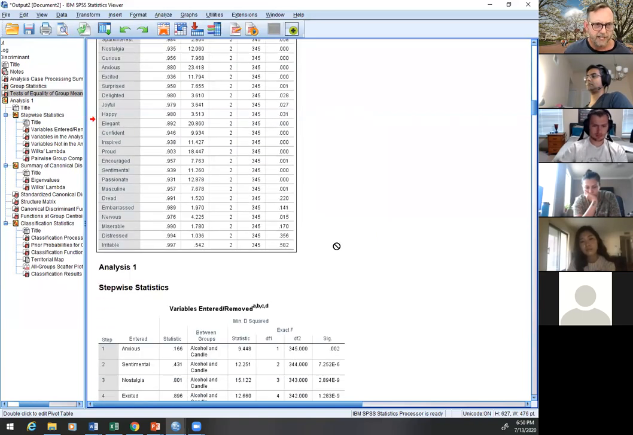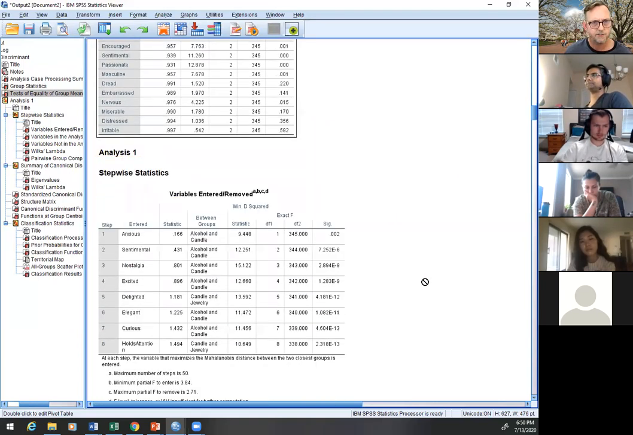Because we did a stepwise approach, we're going to have a series of steps. Each step in this case means that we're adding a variable, and it adds the strongest variables first in order to help explain group membership. Okay, so step one, anxious. Step 2, sentimental, nostalgia, and so on and so forth. So each step is basically running a new model by bringing in a variable that helps explain group membership better,